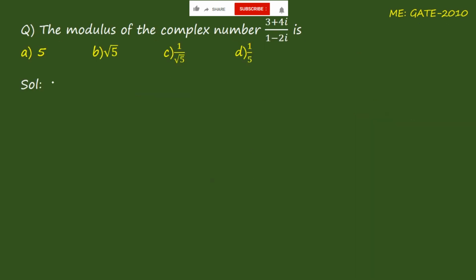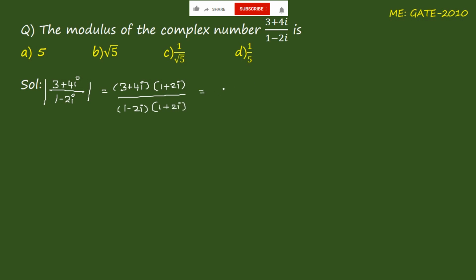Now come to the next question. The question is: the modulus of the complex number (3 plus 4i) by (1 minus 2i) is? Now they have given the function (3 plus 4i) by (1 minus 2i), and you have to find the modulus of it. First, what you do is multiply the top and bottom with 1 plus 2i. Then we get (3 plus 4i) into (1 plus 2i) by (1 minus 2i) into (1 plus 2i),